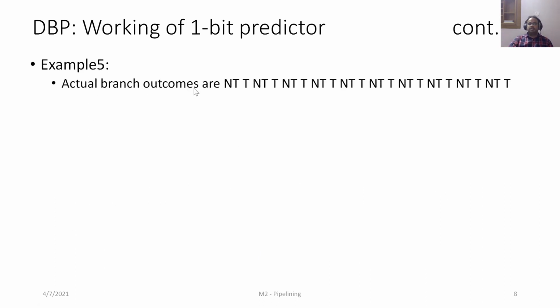So let's take another interesting example where the branch is switching between not taken and taken. So here we have 20 instances where the branch starts with not taken. Then the second time we execute the branch, it is taken. Third time it is not taken. Fourth time it is taken, so on and so forth. So if we start with the predict taken state,